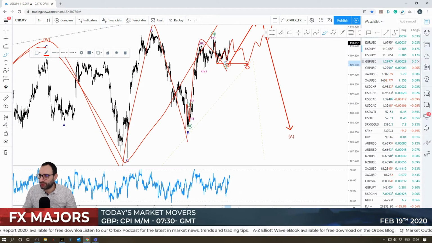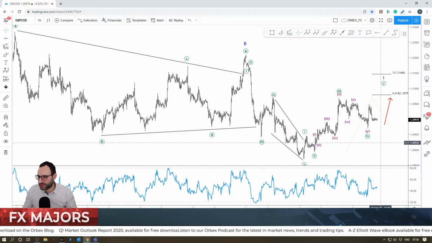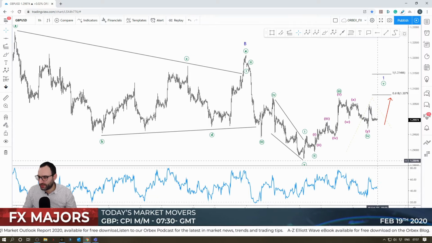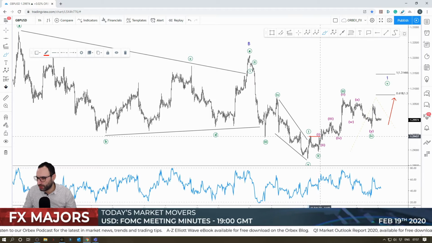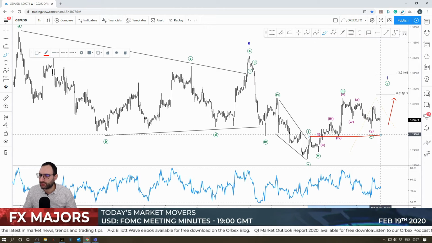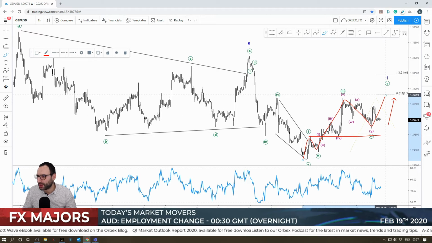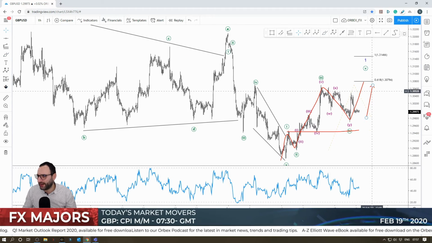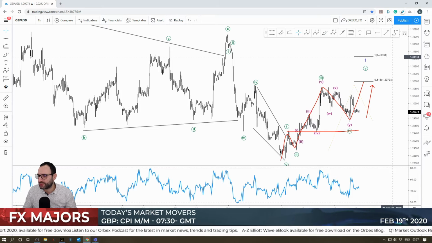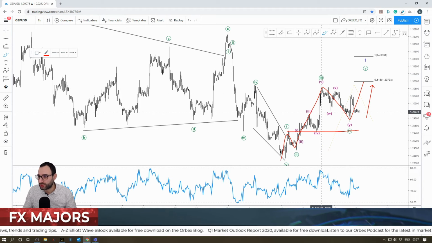Now, pound dollar looks a bit mixed as well. It's hard to determine whether we're going to go up or down. However, the case is that we've remained above the previous low over here, and that still tells us that this move could be impulsive. So I'm expecting it to move higher in the short term. Anywhere between 130.80 and 131.50 is where I'm expecting wave 1 to end, minor wave 1, in case, of course, this is an impulsive move. In case it's not,